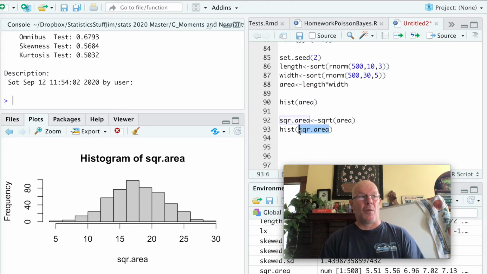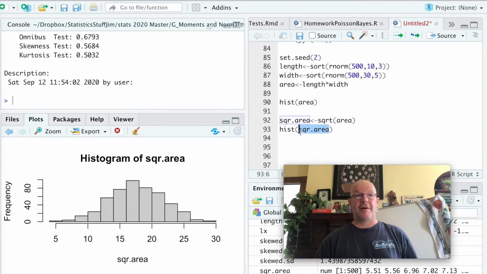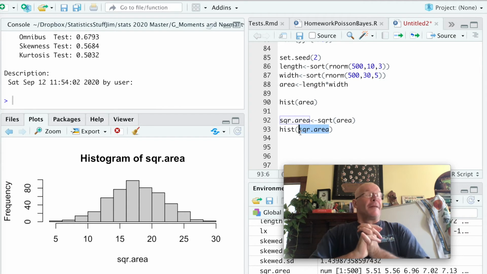Again, when they make sense is especially when you're dealing with response variables that are clearly in cubed units like volume or in square units like area. Okay, the next kind of